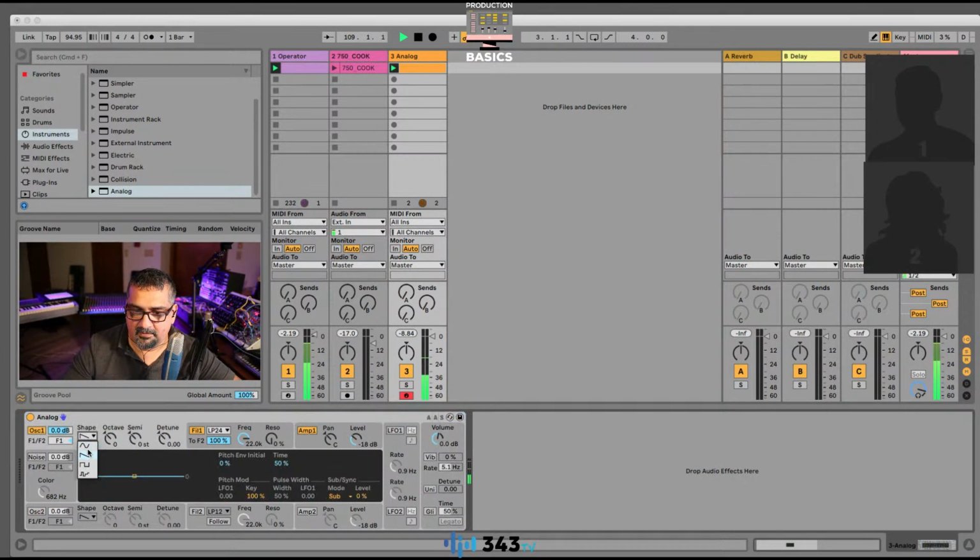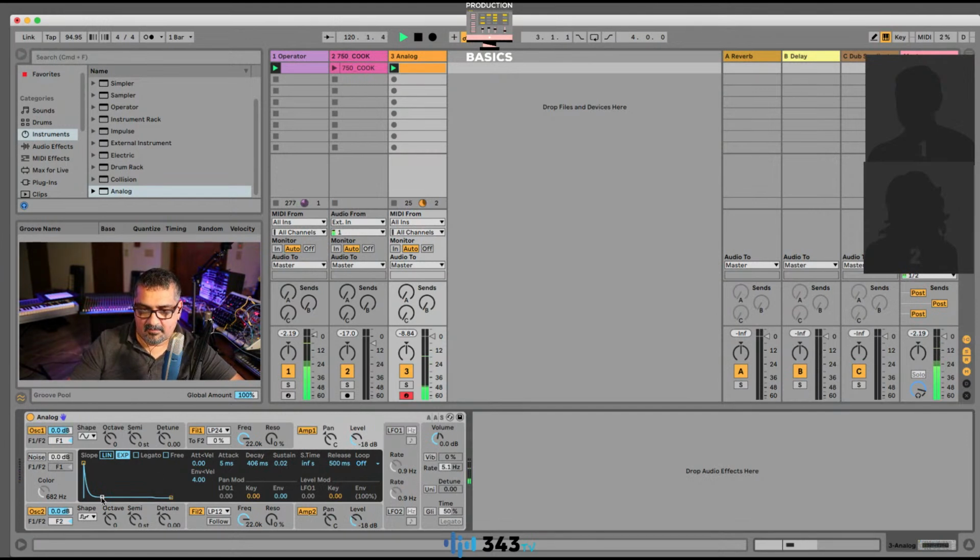Take that to a sine wave and shorten that sine wave, and then add a bit of noise from a second one here, and we'll bring that down through its own pathway here, and give it its own amp envelope. So it's a little long for the sine wave. Okay, now we have a